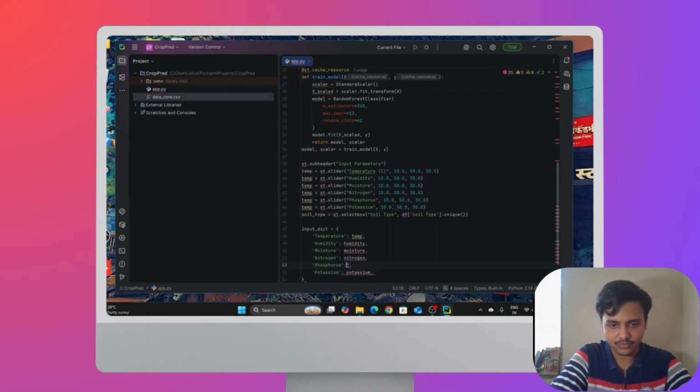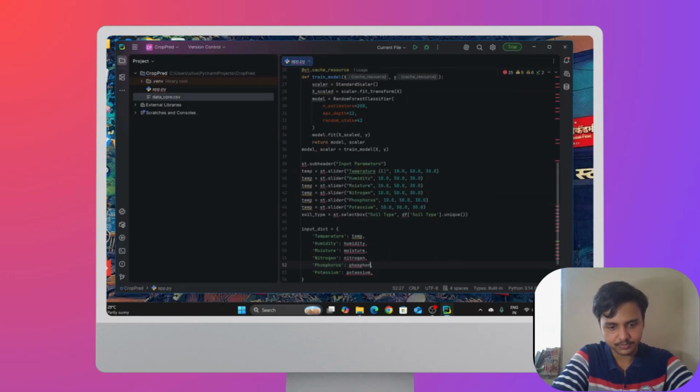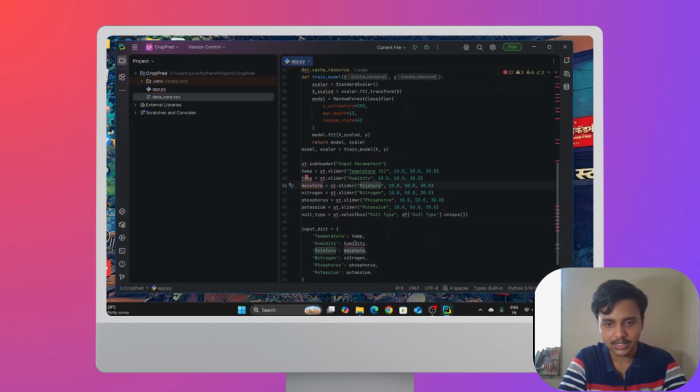And here phosphorus. The same type should go here as well. Instead of temp, potassium, here I'll have to write phosphorus, then nitrogen, then moisture, and humidity.